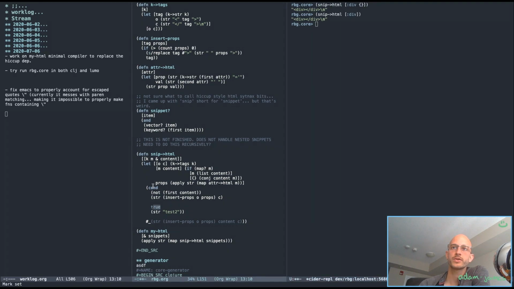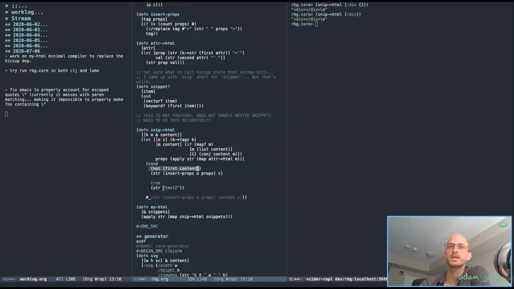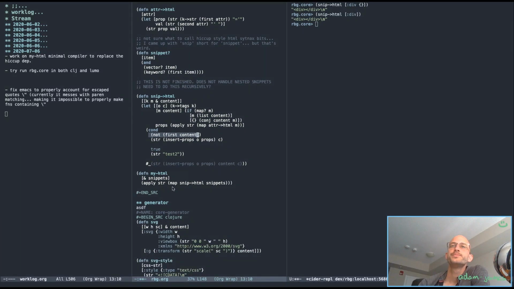So it goes sequentially. So it checks this first one's true and it does this, and then it will not do anything else. So as soon as one condition is true, it doesn't matter how many other conditions are true, starting from the first one that you typed in. That's kind of cool. Okay, so we have a situation that's kind of working there. The next situation that can work is